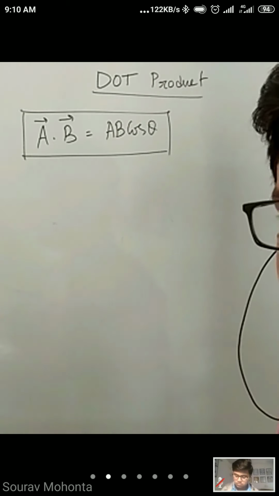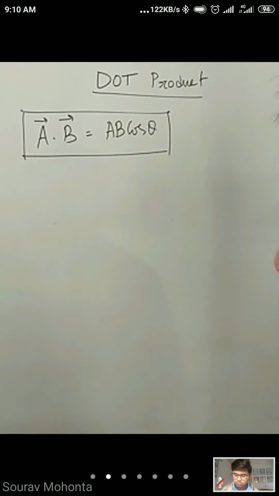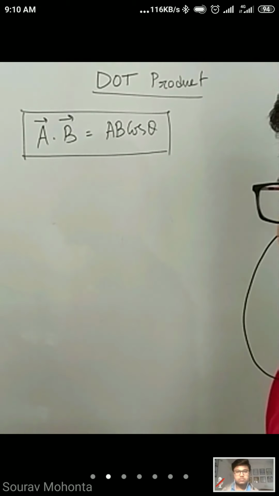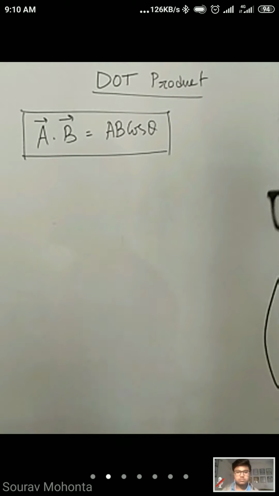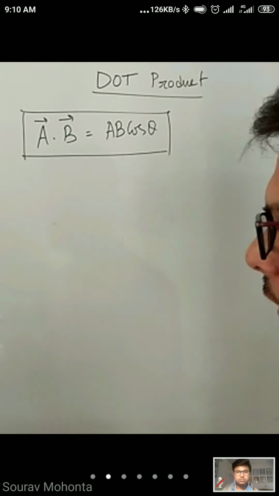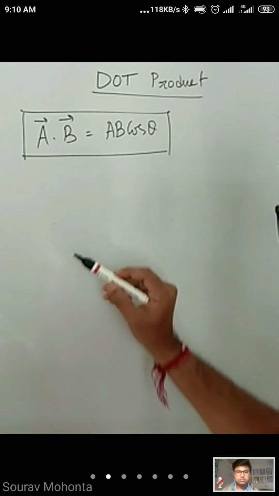Just like two forces acting in the same direction, if you want to multiply them, we don't have to take their direction. Similarly, the dot product is also the product of two quantities in the same direction. That is why here direction is irrelevant. Now why am I telling this? Because suppose